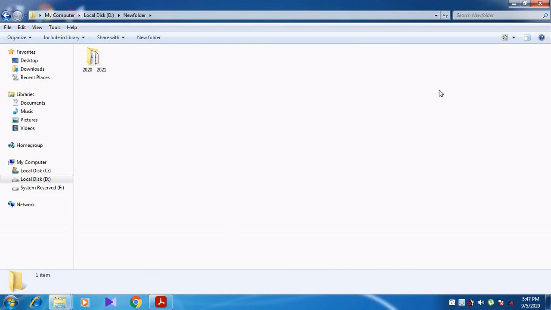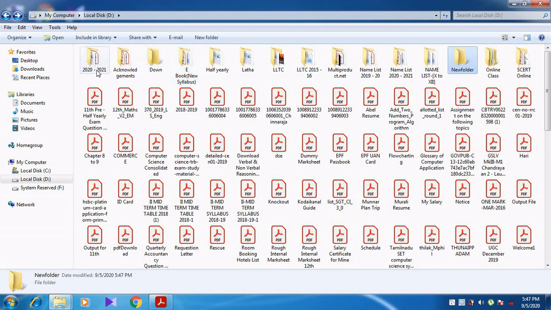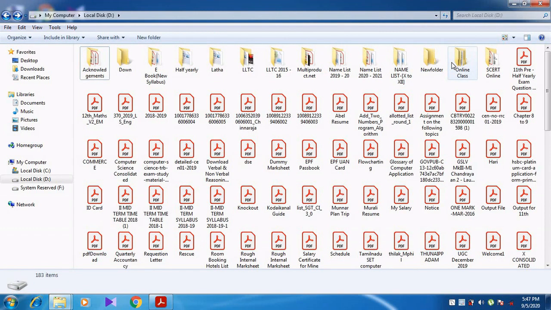Can you understand, students? Again I show you. So again I repeat the process. See here. See, when I select the folder, if I drag here, now you see it shows move. Why? Because I didn't press the Control button. Just I am pressing only the left mouse button. Now if I move to the particular folder, if I release the left mouse button, now in this local disk D you cannot see 2020-21. Why? Because that folder is moved to the new folder.